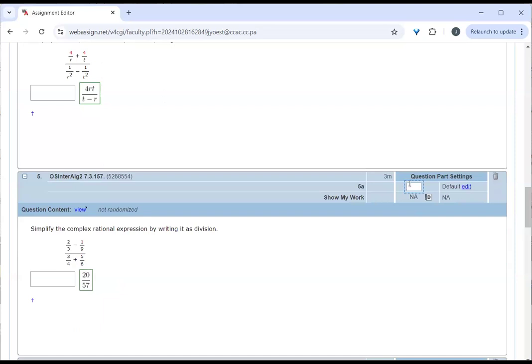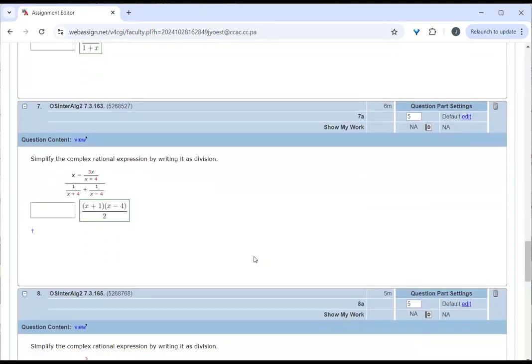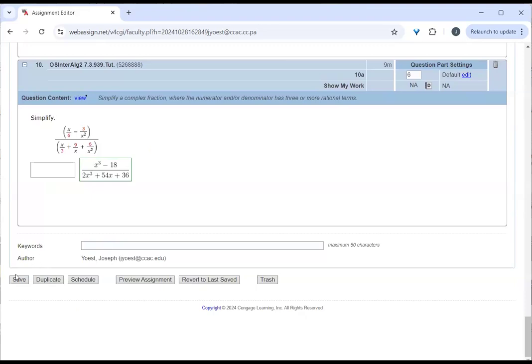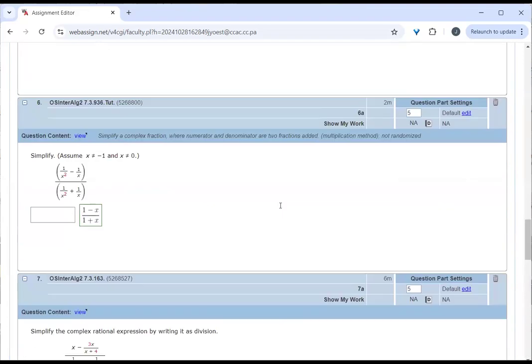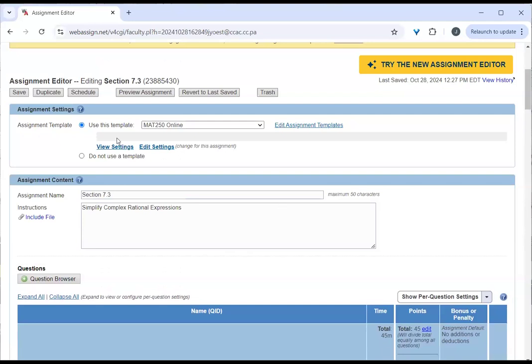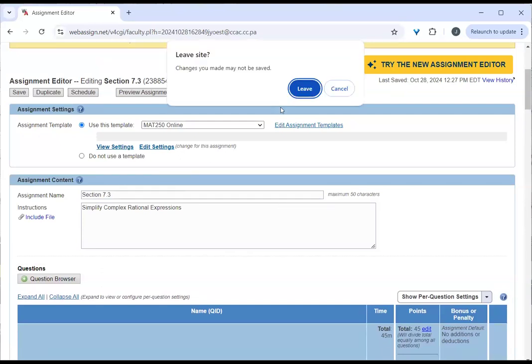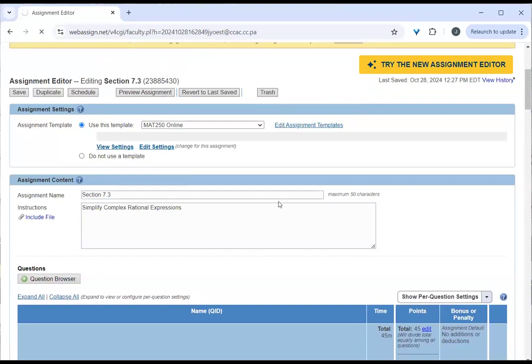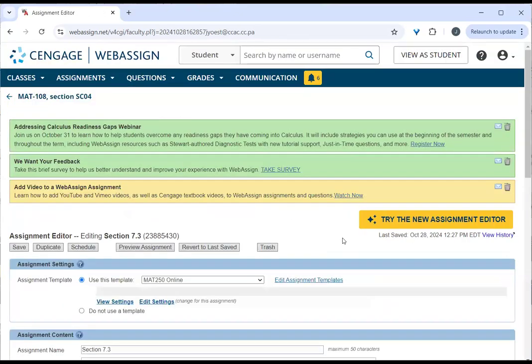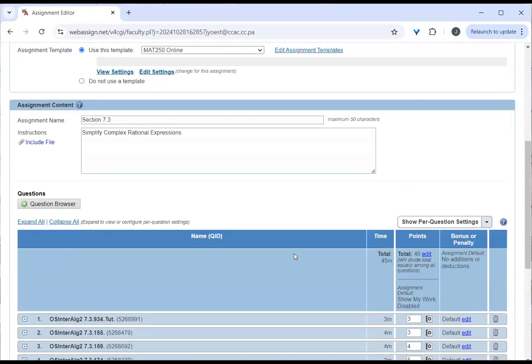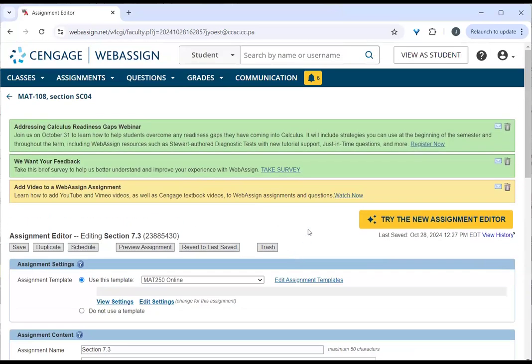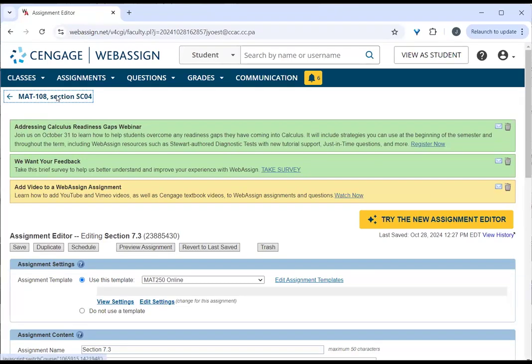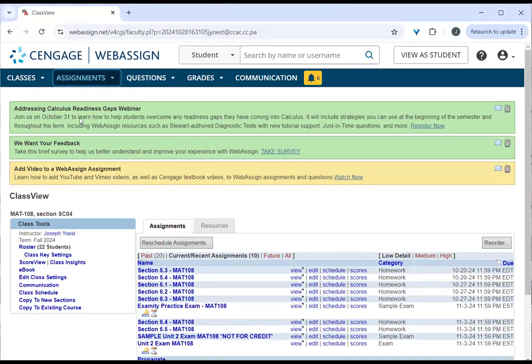I can change it to whatever points I want, make any changes that I want, and I can go down here and click save, and then it'll be saved. Or I could revert to last saved if I want to start over. So that's how I would go through and change any of the problems that are on here. It takes a couple of times to get used to it, but once you get used to it, it's a pretty seamless process, with the exception of that annoying little first step of getting access to the assignment in the